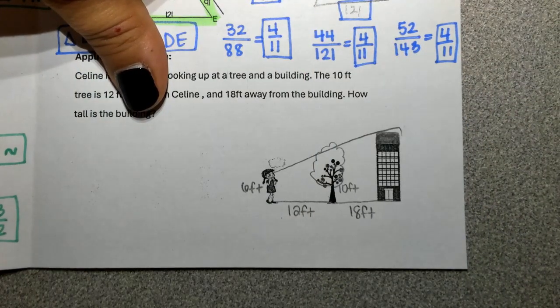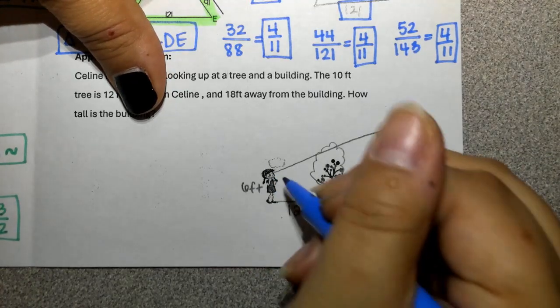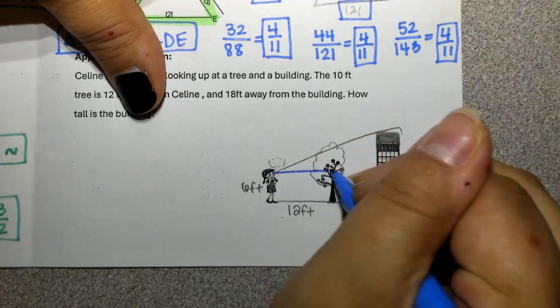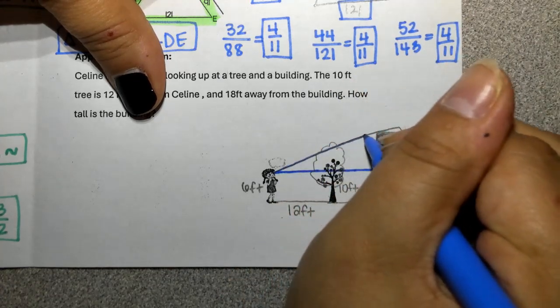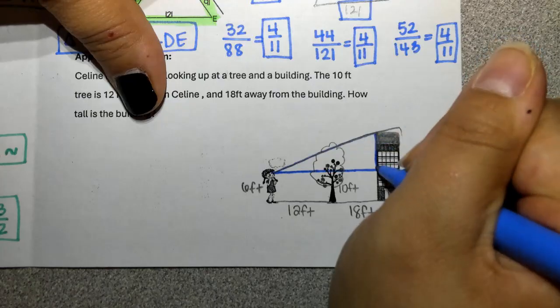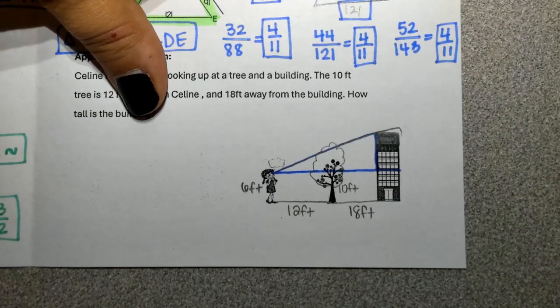We are going to do that in just a minute. But before that, louder. Juliana, what'd you say? I heard a couple people say, I thought that's what you said. You can make a triangle. I can start it where Celine's looking and make a triangle here to figure out how tall this building is. Now, did y'all see that? Okay,